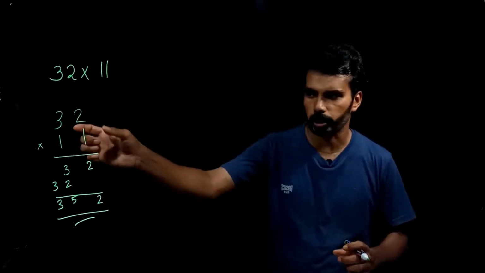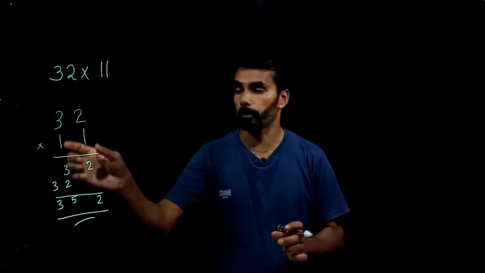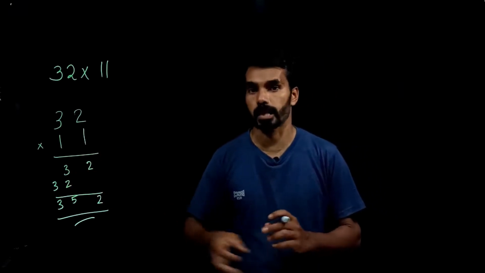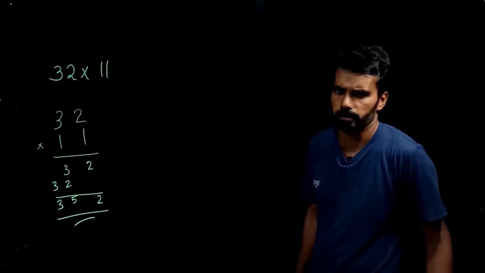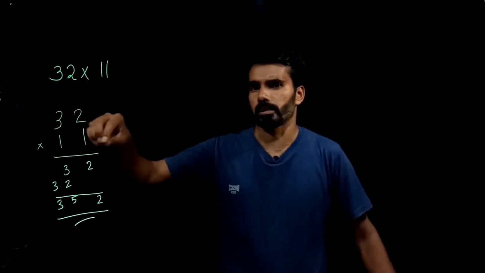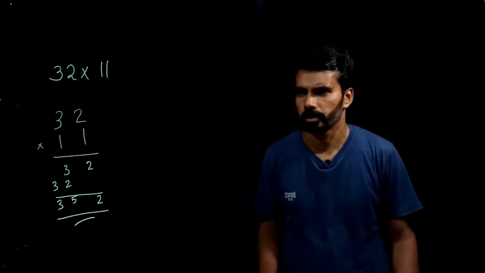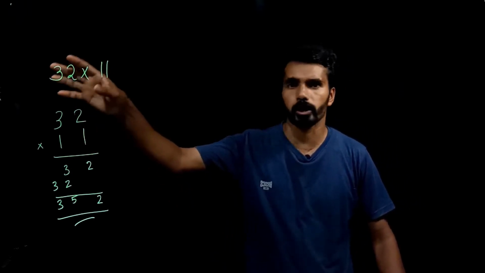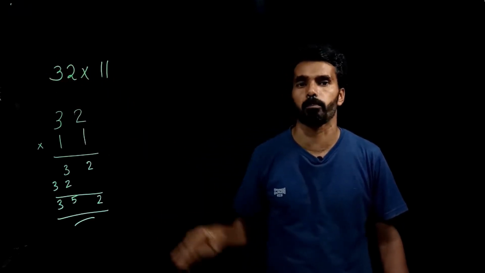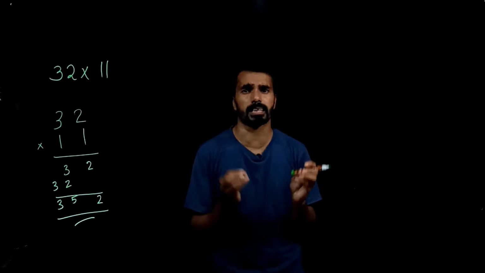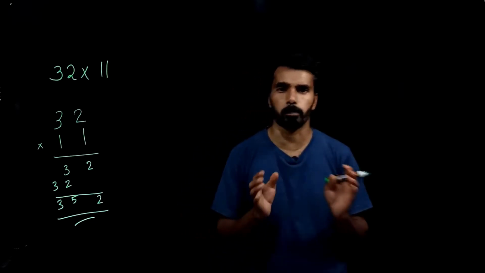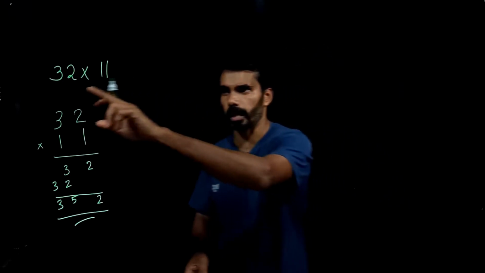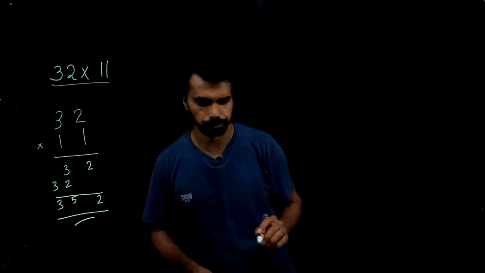See here, she multiplied a two-digit number by 11, and she has taken three steps to complete this multiplication, and a little time is also required. So we are going to discuss how to multiply a two-digit number by 11. There is a very easy technique or trick for this that we are going to discuss. Let us take the same multiplication.